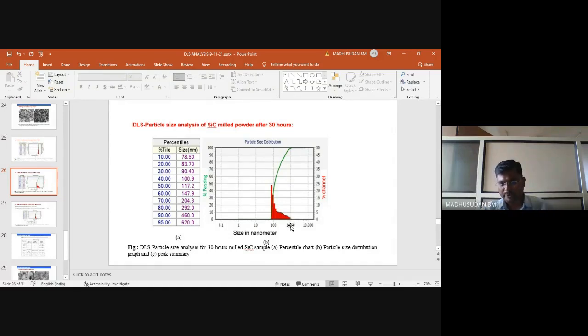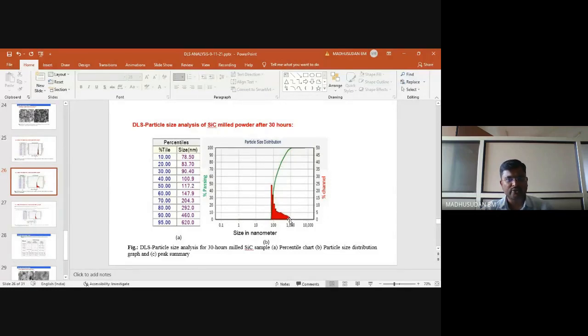That means 1000 nanometer to 100. You can observe the gradual shifting of this particle size distribution towards the left side here. And also, the majority of the particles, you can see the highest peak here, highest peak in the sense, the highest number of the particles are in the range of this 100 nanometer. So although the highest number of the particles are in the range of 100 nanometer, the sum of the particles above 300 nanometer and up to 1000 nanometer is found in the test result.